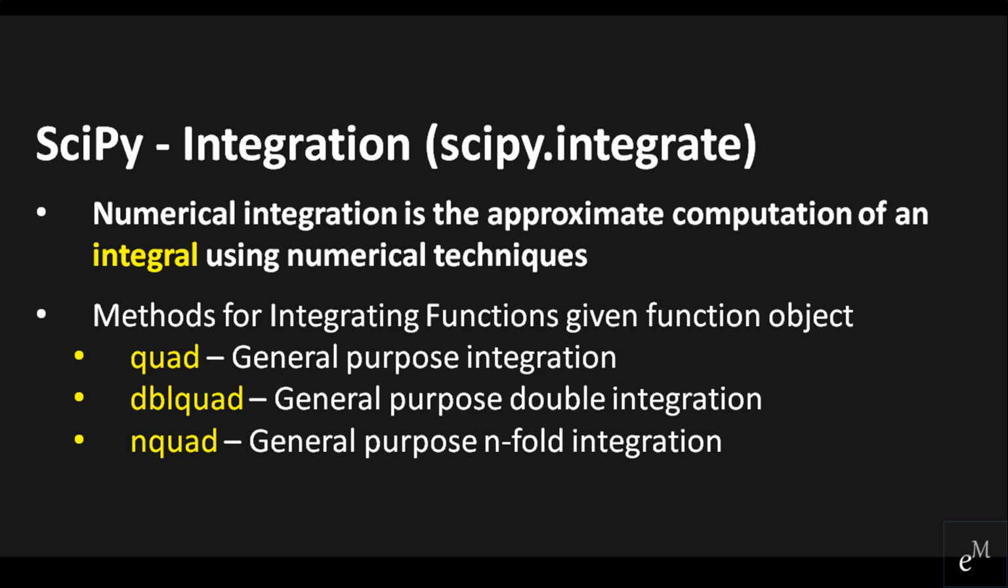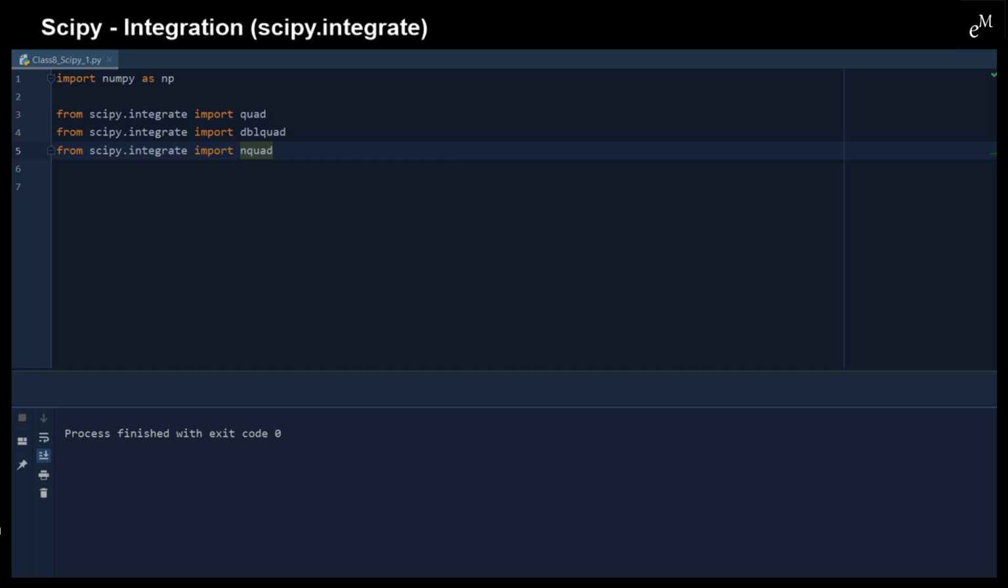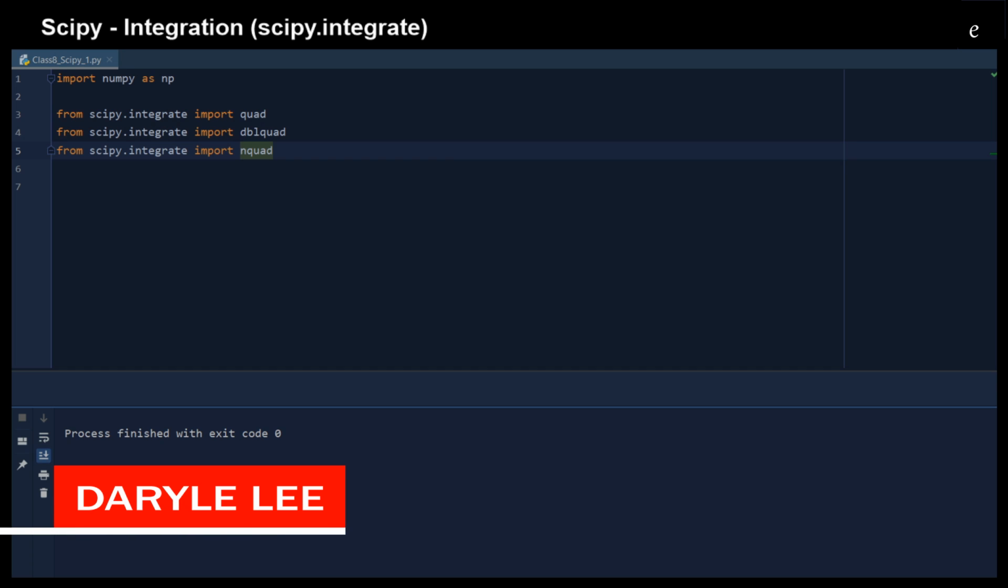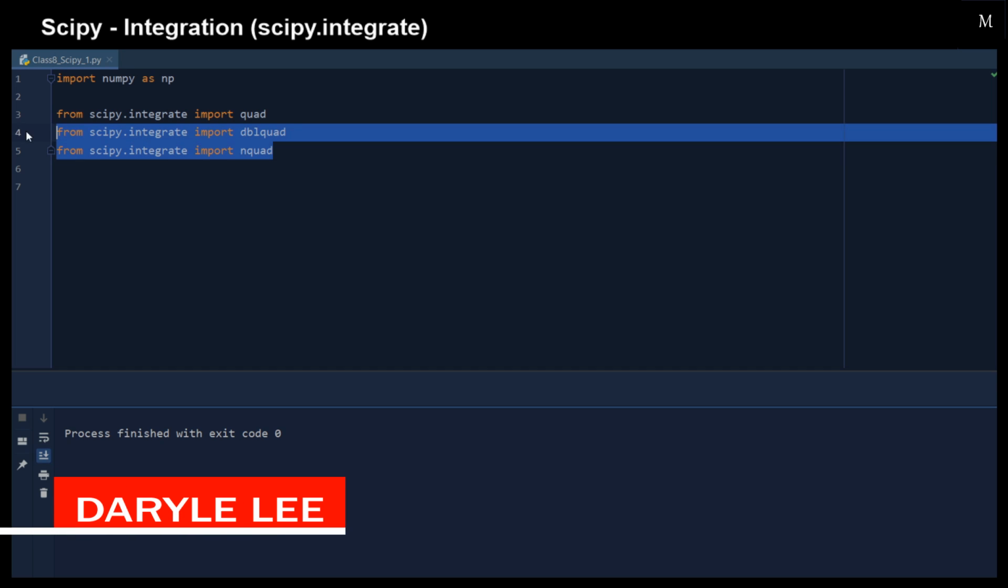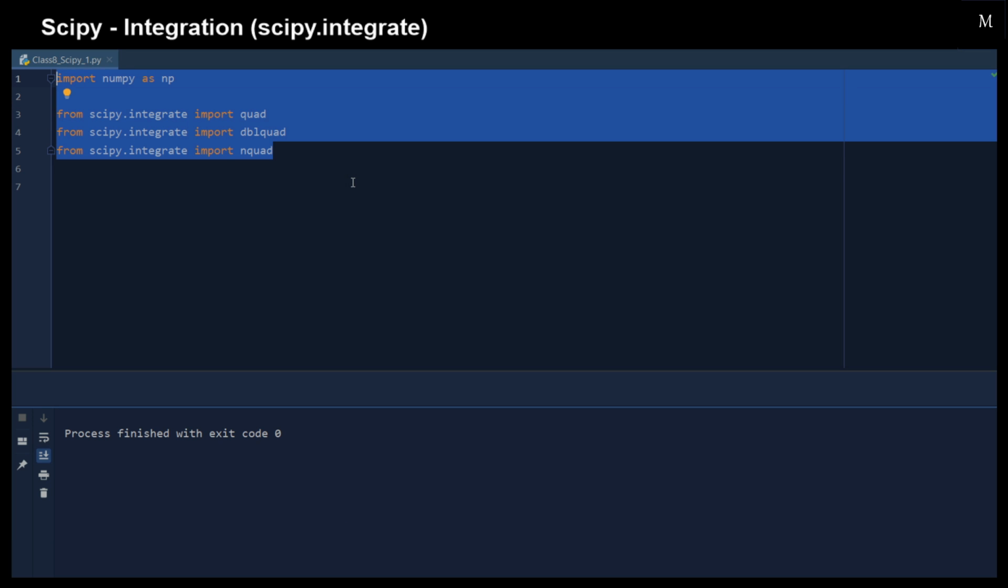Numerical integration is the approximate computation of an integral using numerical techniques. The scipy.integrate subpackage is easy to use and allows you to apply many integration techniques, such as general single integration and general multiple integration. First things first, before we start, we need to import the appropriate library that includes